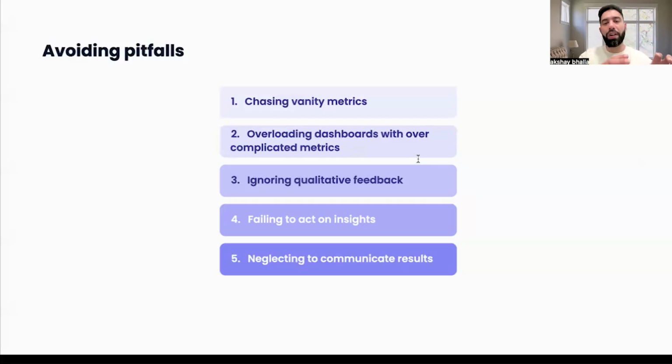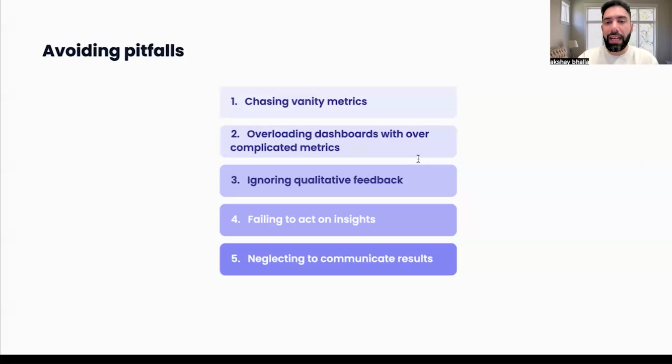Now, pairing this quantitative data through instrumentation with qualitative insights is what really creates a complete picture of how the product is actually performing in real life. And this really isn't a set it and forget it task. These metrics need to evolve as your product and users' needs change. So regularly revisit them and refine your success metrics to ensure that they are still relevant and meaningful to what you're trying to do.